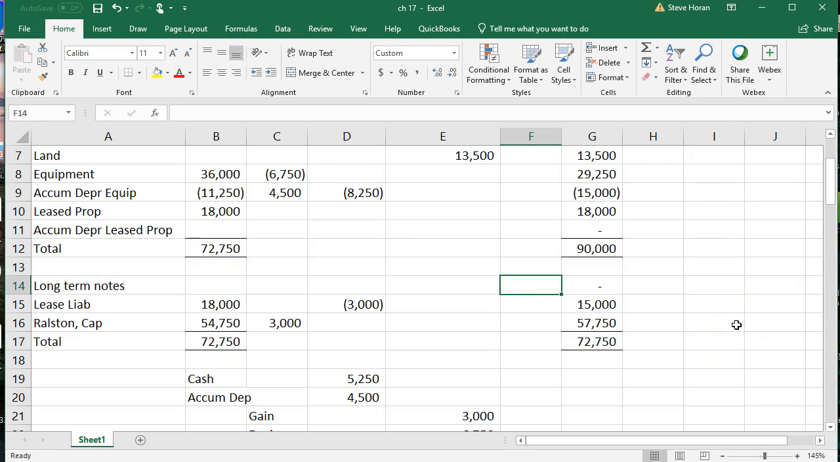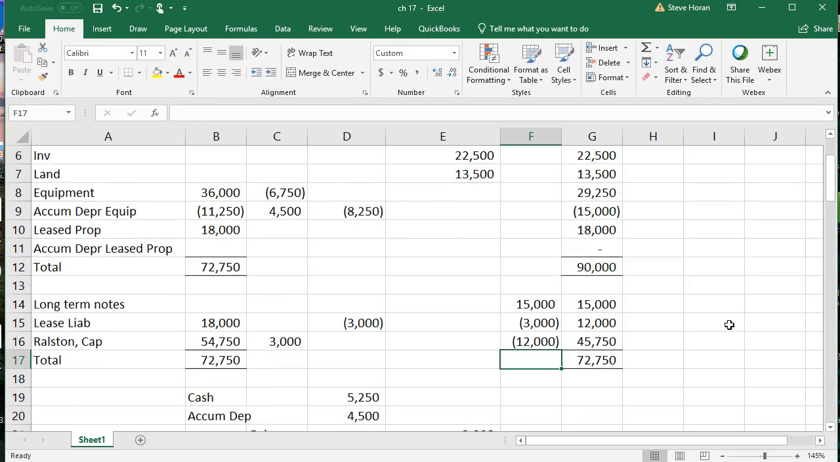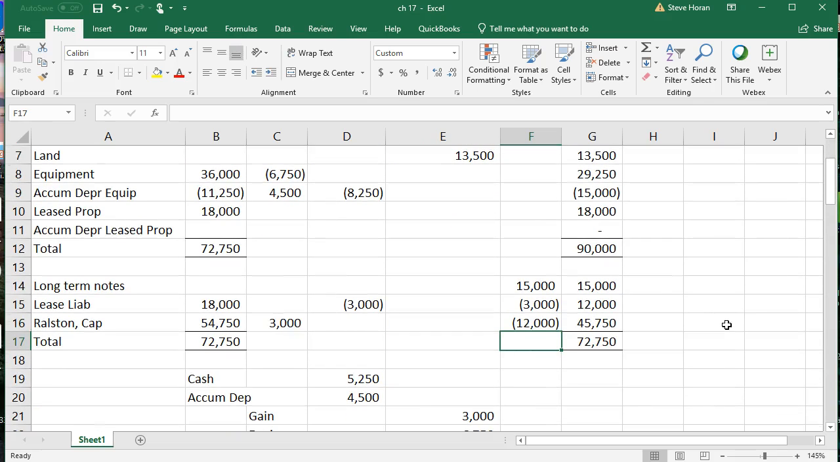I've got a long-term note of $15,000. That's a plus. I borrowed money. I made a payment on my lease. And the owner did a withdrawal of 12. Okay, and now I balance. Now I'm good to go. So this then is,